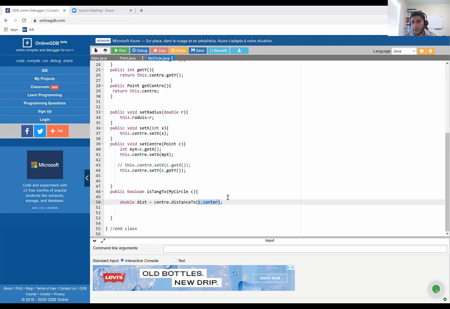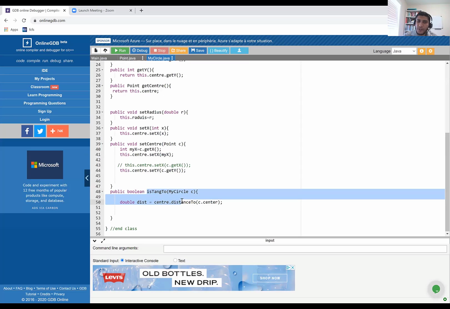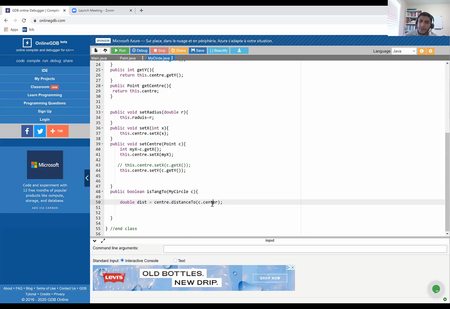This is what we discussed last time, which is as far as you are implementing a method, which is a member of a certain class, it's fine to access the private members of that class, right? Even if you are referring to another object, which is c here, good. And we have seen this in the implementation of the distance2 method itself, right? Good, so here we are calculating the distance. It remains to check whether the distance is equal to the summation or the difference between the two